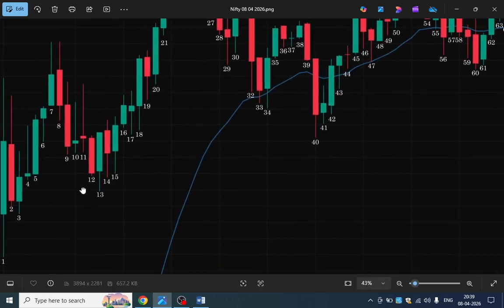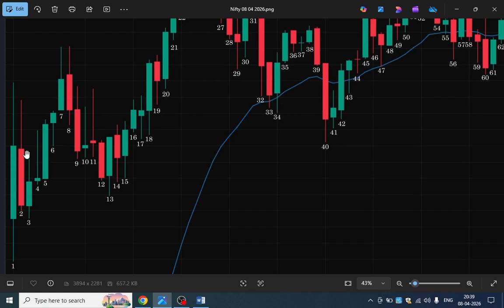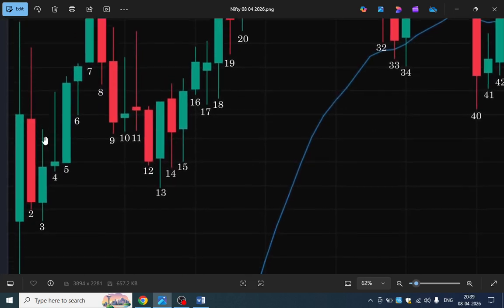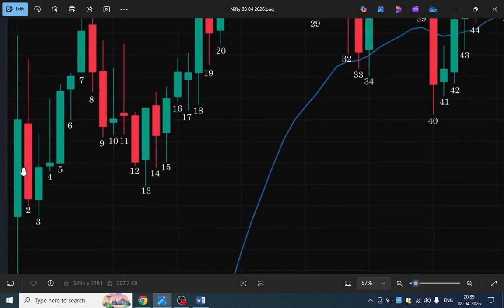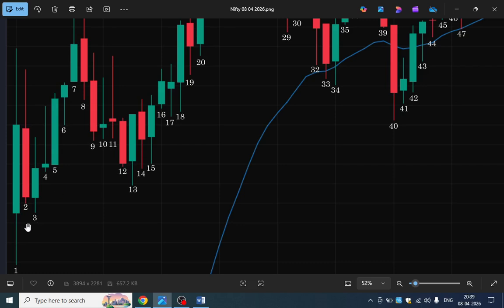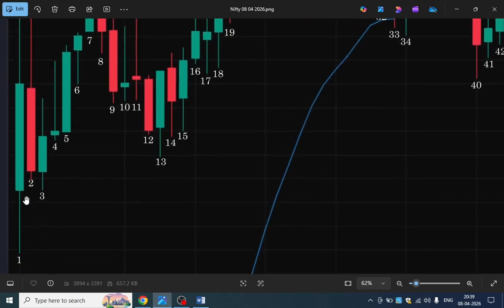As you can see, the first was a bull bar having tails above and below. In the second bar there is a big tail and a red bear bar, but as it had gapped up, now you can see that the wick of bar 3 has been below bar 2. There were buyers who wanted to take the market up, and this bar 3 candle has been formed.